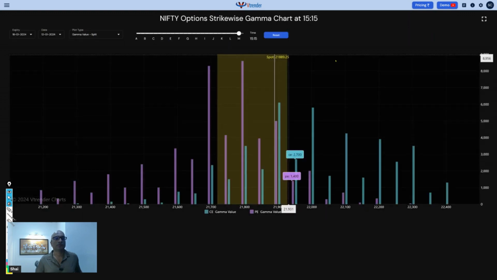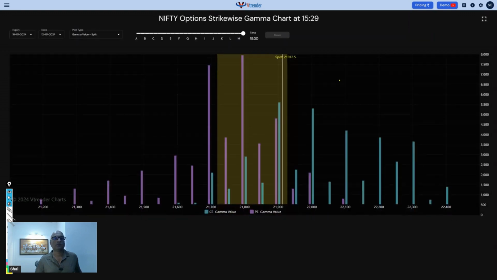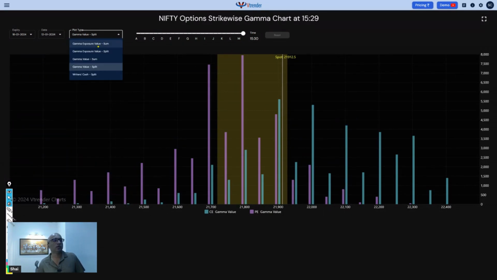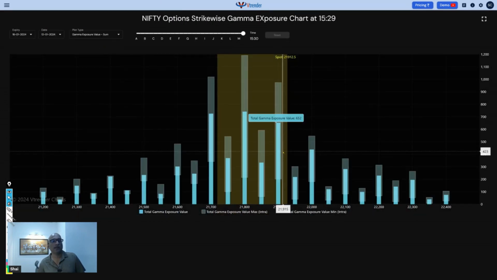So this is the gamma chart of all that we looked at in the spectrum. It's a different visualization method of that same picture put up in a different way. So this works like the open interest. The first thing you do is you go into the plot type and you understand where the gamma concentration is high. So in this case